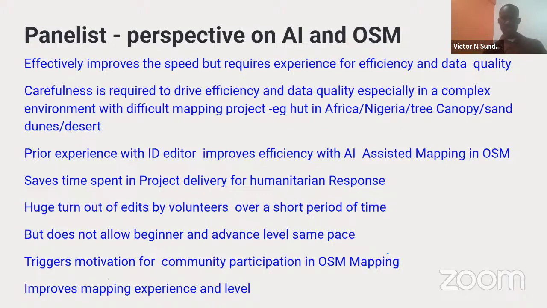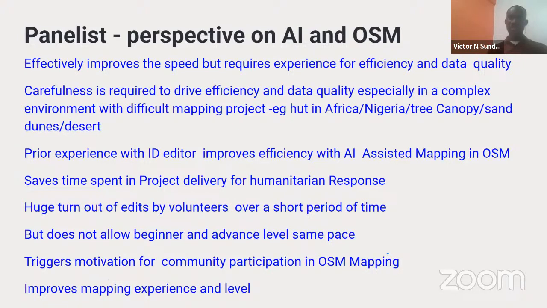Especially here in Africa and Nigeria, when you go into a project that is defaulted with AI, RapiD, MapWithAI, you discover that it might give you a prediction of tree canopies as round houses. It will give you a prediction of sand dunes as round houses.